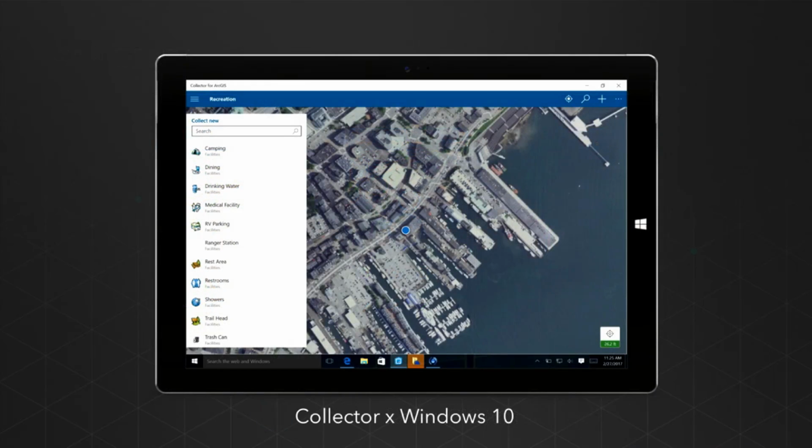This is another example of Collector, the new version of Collector on Windows. Again, map-centric application, but it's on a tablet. So instead of providing a full screen map view, it's actually put some other information in a side panel, and that's fine on a tablet. So you can see how, depending on the form factor of your device, the pattern for when you're working with your maps and the things that you think about how you obscure your maps with other content might change. The more real estate you have, the more flexibility you've got in terms of overlaying other content on top of the map. And I think this is showing the picker for adding new features on the